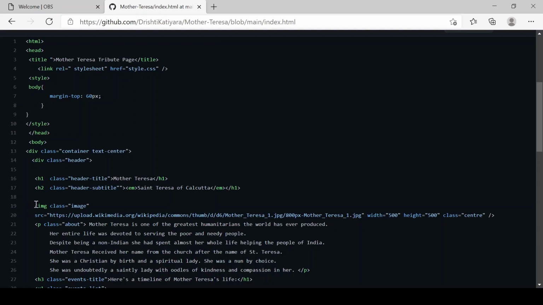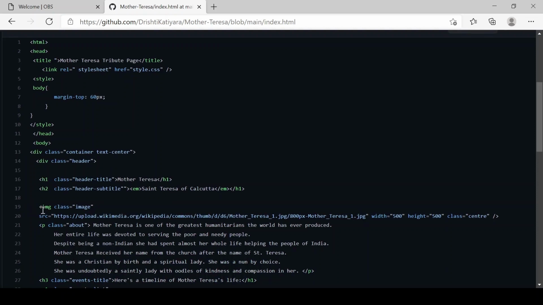Since we would like to include some images in our web page, we have included the image tag using class image. We have the source from where we have found the image, its dimensions, and the position where we want.